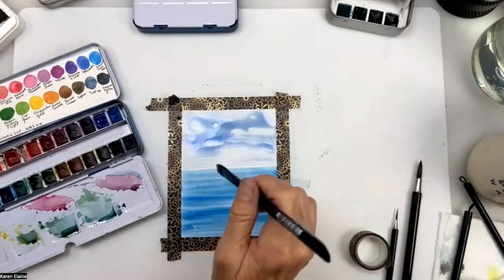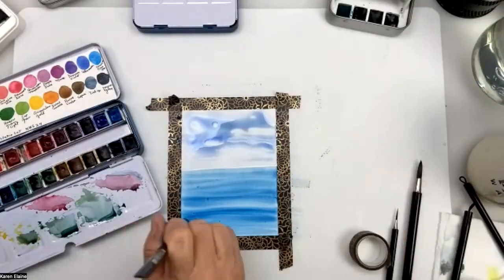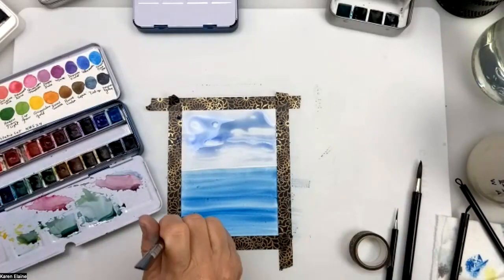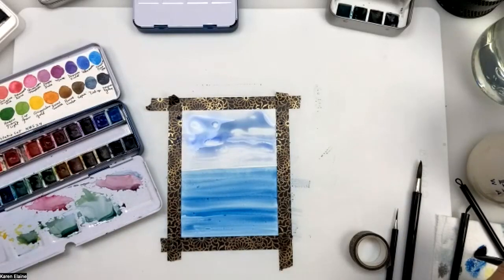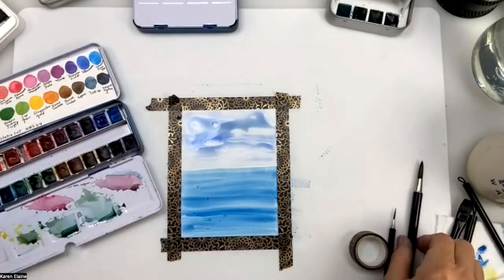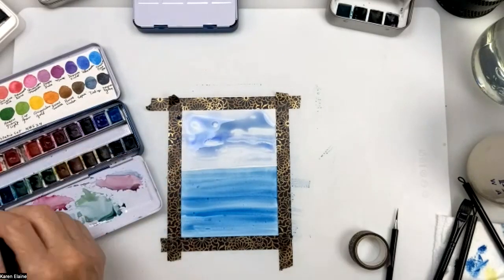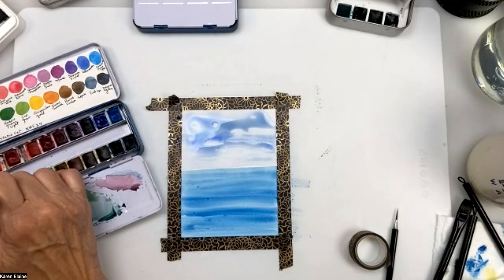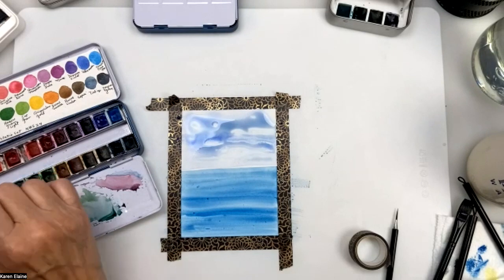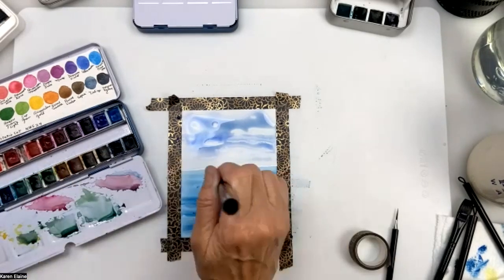I love it. And then I could add, I've kept a little light there. I can start to build water if I wanted to create water shapes. Let's see, using the wrong brush here for that. And this sky is already wonderful. I'm going to take some turquoise and just throw in some color here to create my water